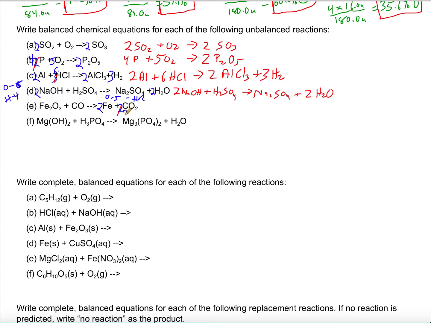We could try 3 here. So 3 carbon dioxides would give us 6 oxygen atoms on this side. On this side, we have 4, so we'd need 2 more. That would put a 3 here. And then the carbons actually balance, because you have 3 carbons and 3 carbons. So everything will actually balance, and we would get our balanced equation of Fe2O3